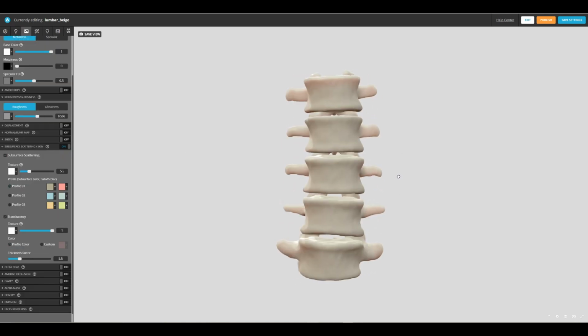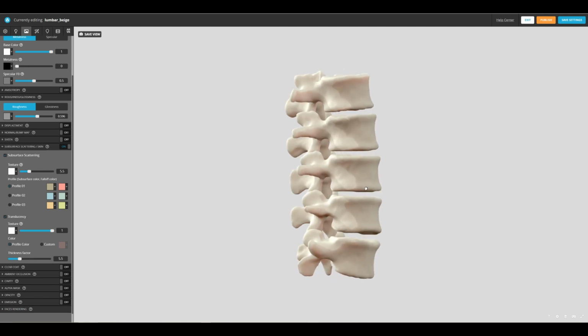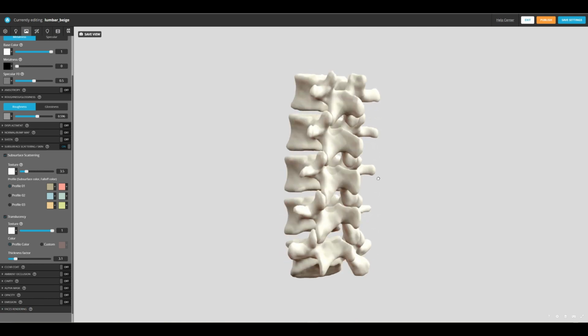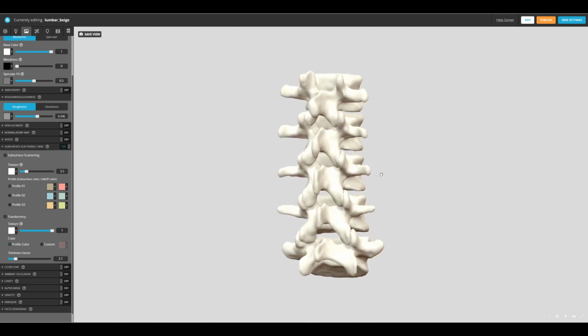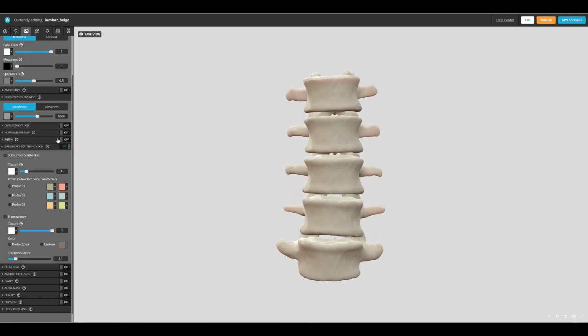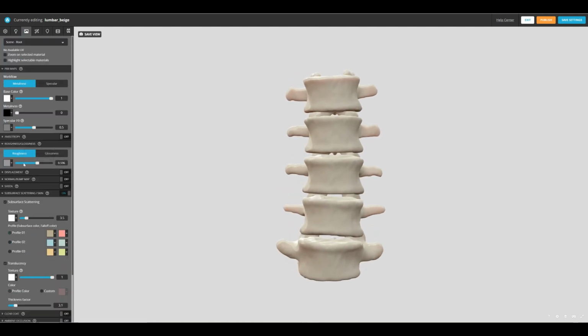So it's kind of just adding a little bit of translucency to your models. Bones are not totally translucent, but when the light's coming through really thin areas, there is a little bit. And it just adds a little interesting color to your models. So you can just play around with that, and you can rotate your model around, and then you can go up and adjust the